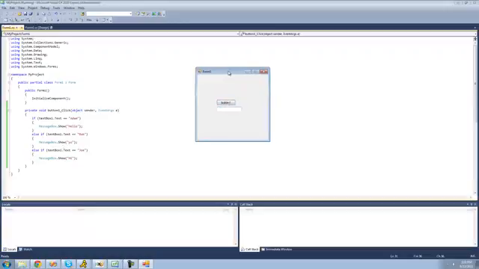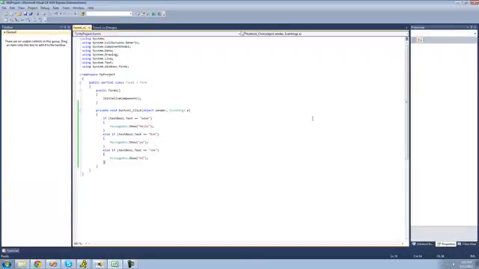Yep, perfect. Alright, and before I end this tutorial, let me just show you one more thing. There's something called else, and the else will only occur if all of these are false. So if text box one's text doesn't equal Adam, it doesn't equal Bob, and it doesn't equal Joe, then we can just say else right here, and then it will do whatever's inside of here. So we'll just have a message box saying, sorry, your name isn't important. Okay, so if your name isn't Adam, Bob, or Joe, then we'll get this message box saying, sorry, your